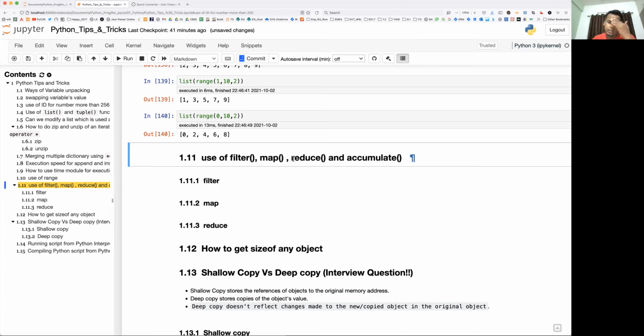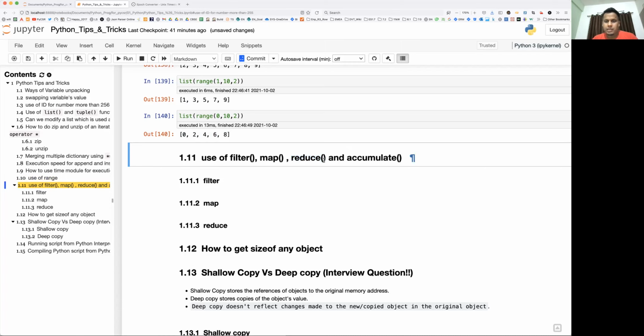Now let's see what reduce means. Reduce takes the iterable object, and every two elements it takes and performs the operation applied by the user. The outcome of that operation is then combined with the next element of the iterable object. Then the same operation is performed, taking that output and combining it with the next element, and it keeps performing the operation. Finally, you get the final output.